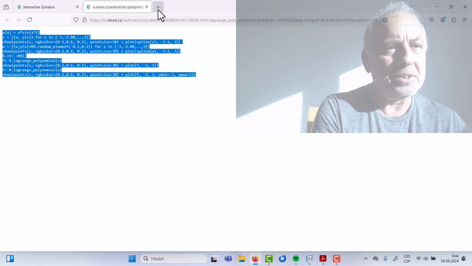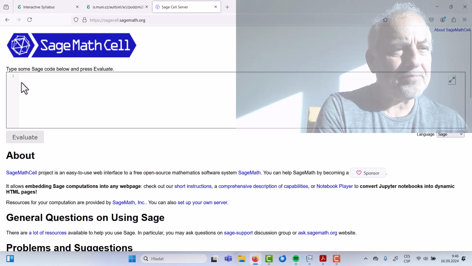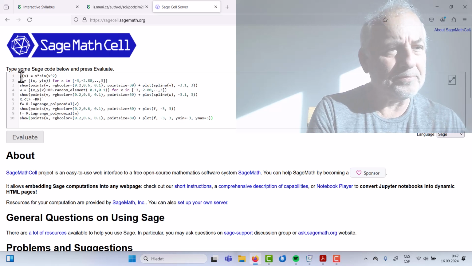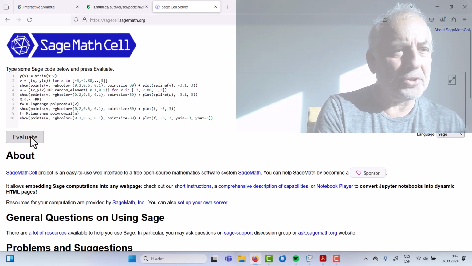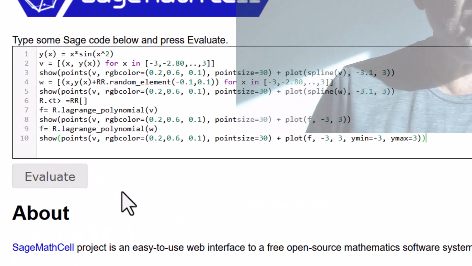I'll go to the Sage cell. I throw it in. Let's evaluate it. So first I tell what it is, right? So you see roughly speaking,